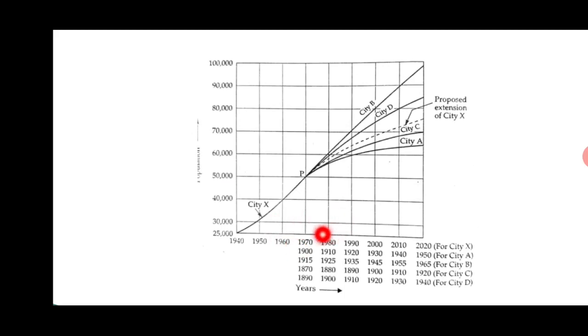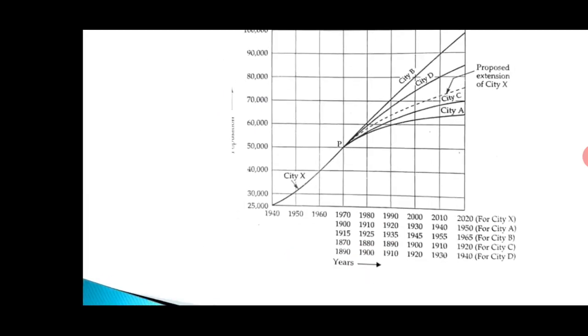Similarly, city B reached it in 1915. So the curves for these selected similar cities will be drawn beyond the year 1900 for city A, and similarly for city B beyond the year 1915,